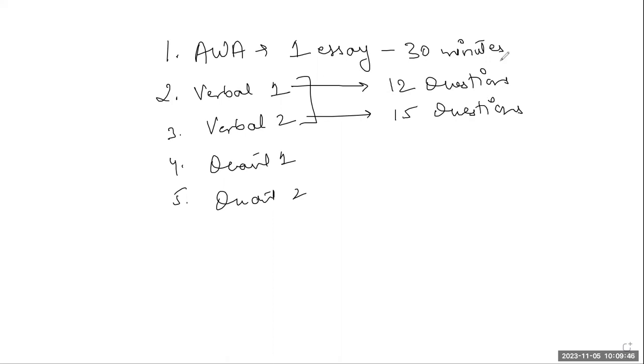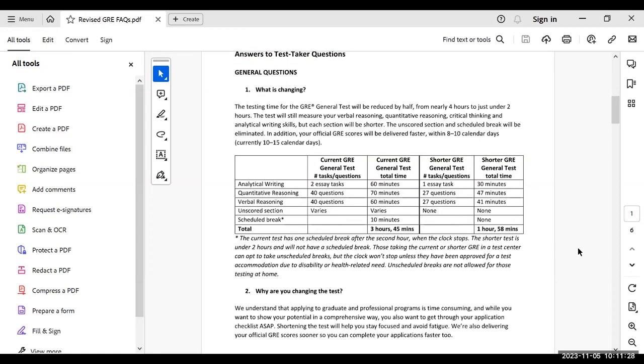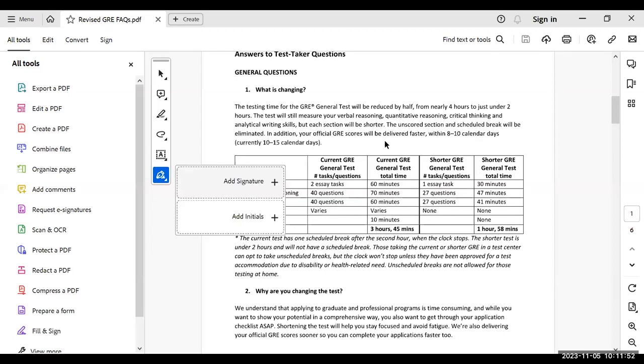Okay, I can show you. Earlier there were around 20 questions in one verbal section. Now, here on your screen, you can see, I hope you can see this. Visible, sir. It's visible. Now you can see that the shorter version is now available, where in AWA there is one essay task that you have to complete in